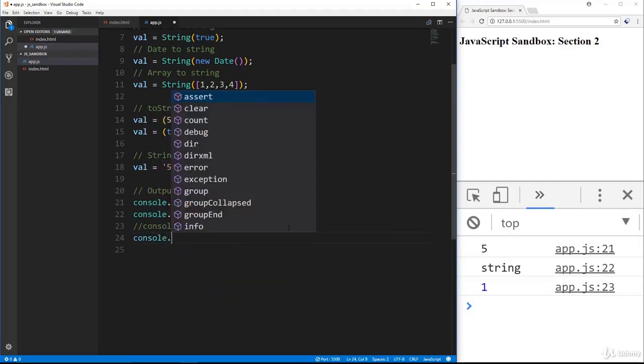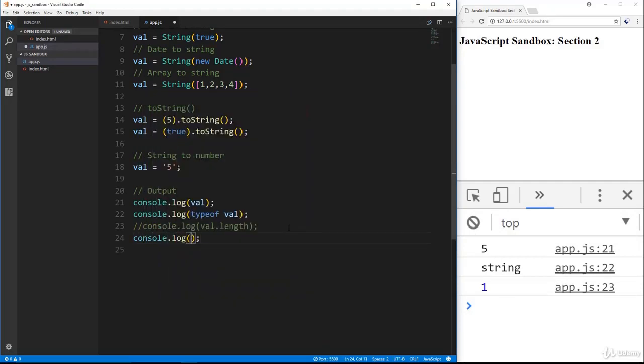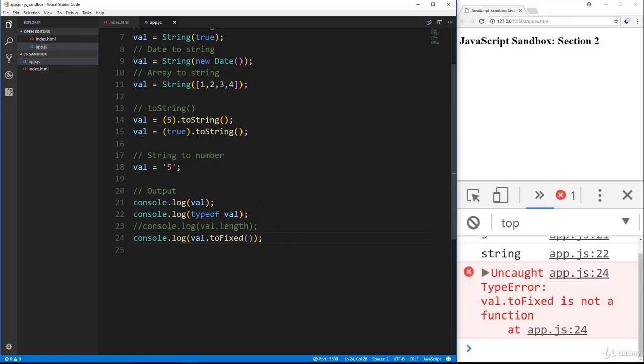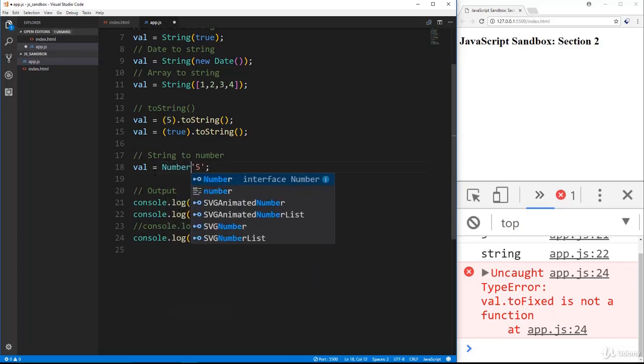So we'll say console.log val.toFixed. toFixed allows us to specify decimals. For instance, if we wanted our number to have 2 decimals, we could put 2. If we leave it blank, it'll just be no decimals. But the point is it only works on numbers. So let's save, and you'll see we get this error because we actually have a string here and we're calling toFixed. So what I'm going to do is wrap this in Number